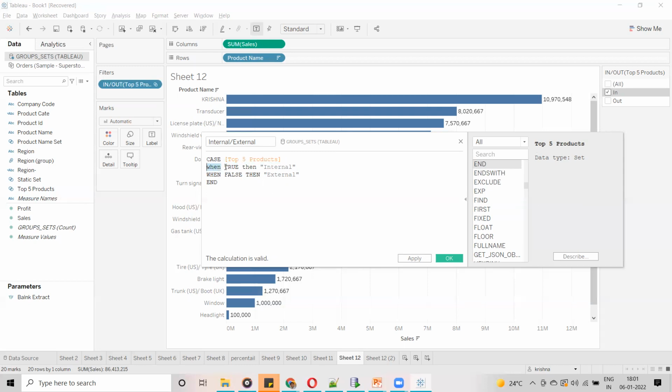Here I am not going to mention in. Already I said in yesterday's session, in means true, out means false. You should not mention in, out. Tableau is not going to identify in and out in the calculation. If you want to mention in, instead of in you have to use true. So this is how I have written the calculation. Is it clear, guys? So this is the case statement.